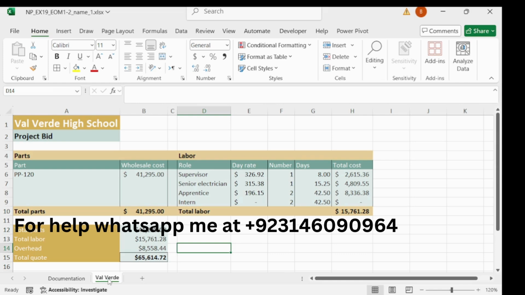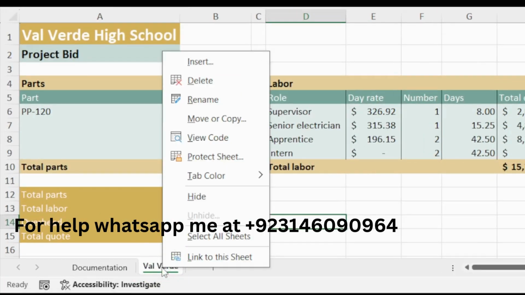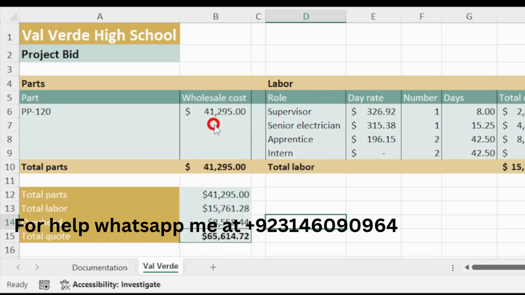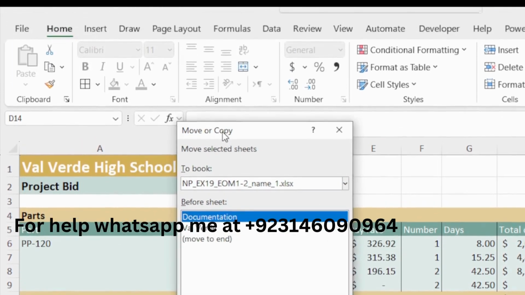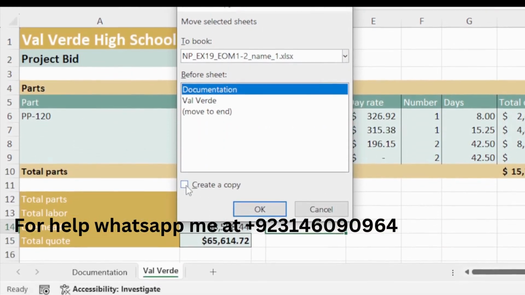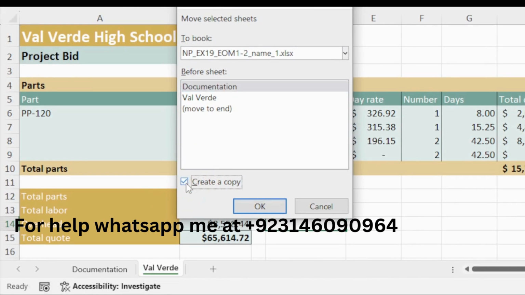So click on this, right click on it and choose move or copy. Click on this. So first we need to check this box, create a copy, and then click okay.